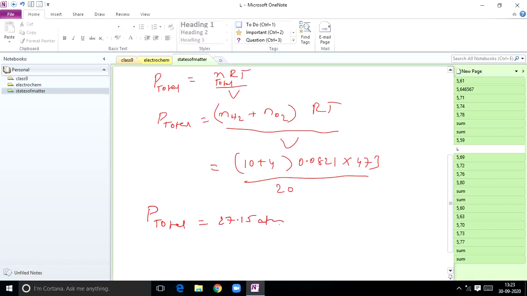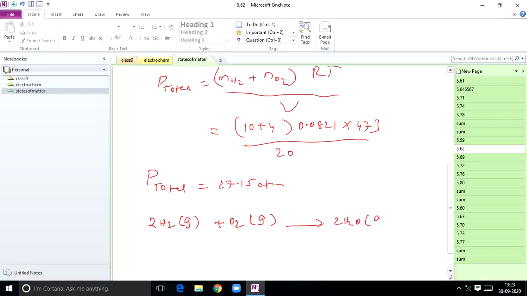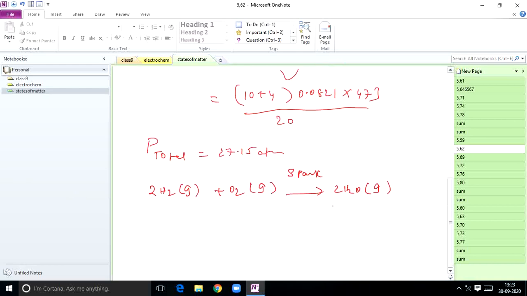So after that, what he has given, if a spark ignites the mixture, what will be the final pressure? See, suppose if you heat, what is the equation involved in this? Suppose if you heat it, actually they are non-reacting gases. Suppose if you heat, those gases undergo reaction, okay, then you are going to get water. So if spark is applied, means you have to raise the temperature, then those gases will interact with each other at the temperature of the spark.